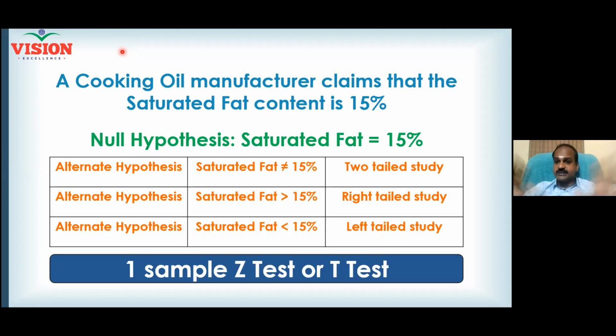Suppose I am in a different situation. How is the academic performance? Whether the boys are doing well or girls are doing well. I conduct a test. Boys are writing the exam. Girls are also writing the exam. Now test mark becomes my characteristic of interest. Test mark is not countable data. Test mark is measurable data. The average mark scored by boys is 80. The average mark scored by girls is 60.